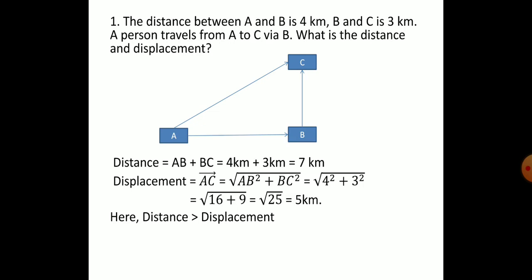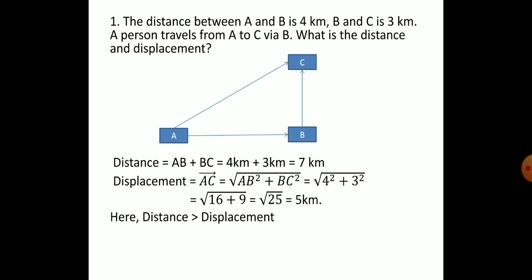In this diagram, ABC will form a right angled triangle. In the case of a right angled triangle, the AC is called as hypotenuse. This you will be learning in maths, but as of now you should know the formula to find the length of the hypotenuse or the length of AC.